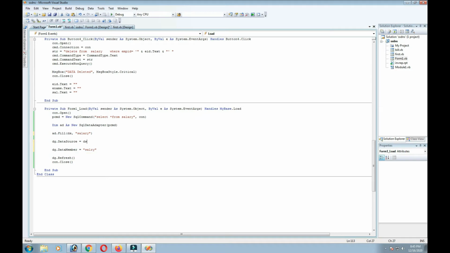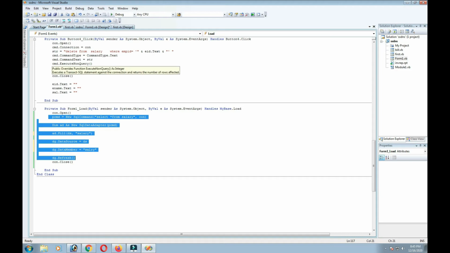Once it fills this, the data source is supposed to be DS, and then the data grid's DataMember equals salary, then DG refresh, data grid refresh, and connection close. This you can put in every button.